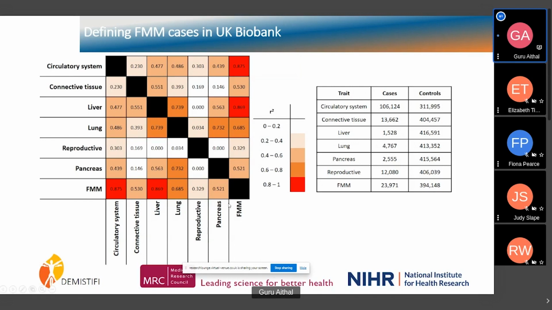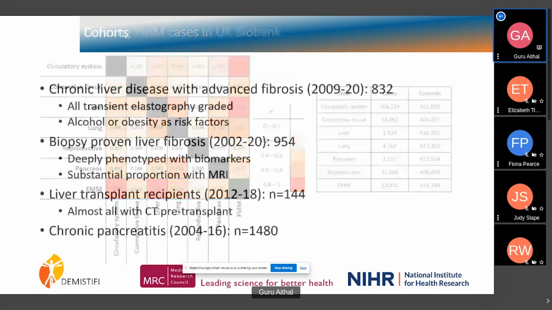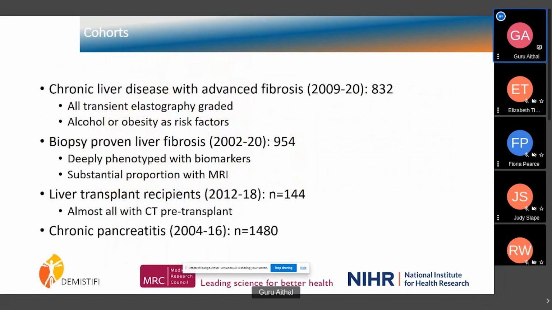The initial factors are that if you do a genetic course, it looks like lung fibrosis and liver fibrosis correlate with more than one organ having fibrosis quite closely. So we see that there is some plausibility for our hypothesis that more than one organ fibrosis seems to exist when you look at a big database like UK Biobank.